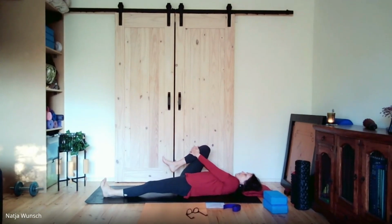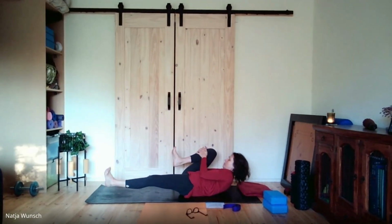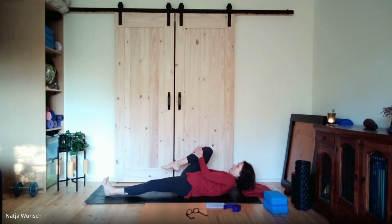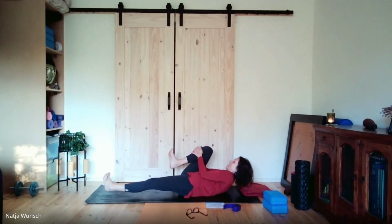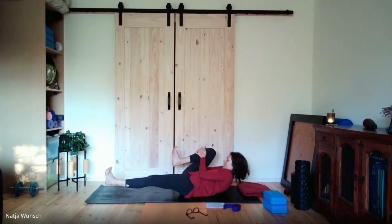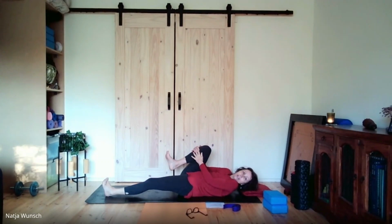We'll do that again as you breathe out, draw the knee to the chest, perhaps nose to knee, maybe the extended leg is lifting. On the in-breath, lying back down. We'll do that one more time. On the exhale, lifting maybe, or just hugging in. And then releasing your back